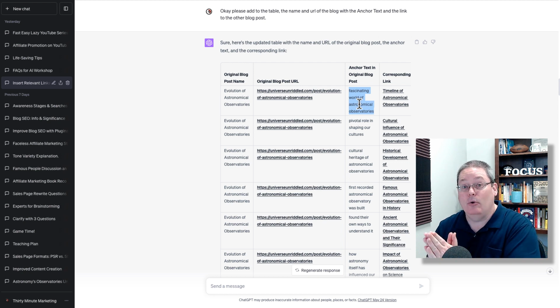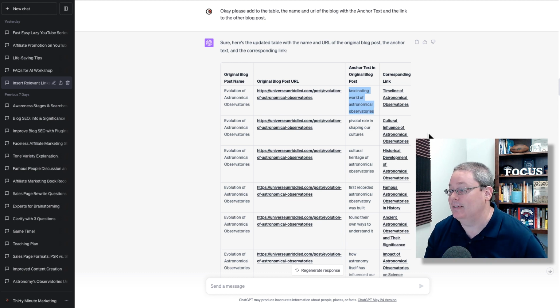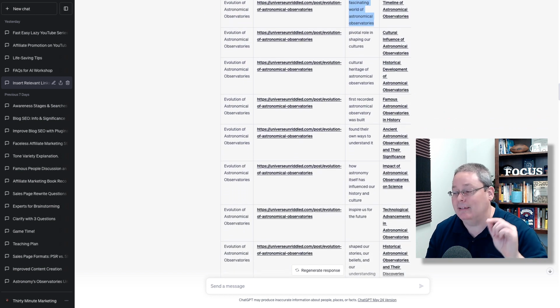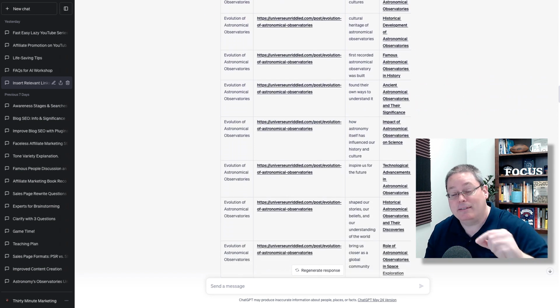Now, you could take those ideas because they were good ideas and you could have rewritten or added that into the blog post, but that is not the task that I wanted the AI to accomplish. I needed the AI, just like if I was working with an assistant, to give me exact match so I could just find it and then add the link provided and get the job done.